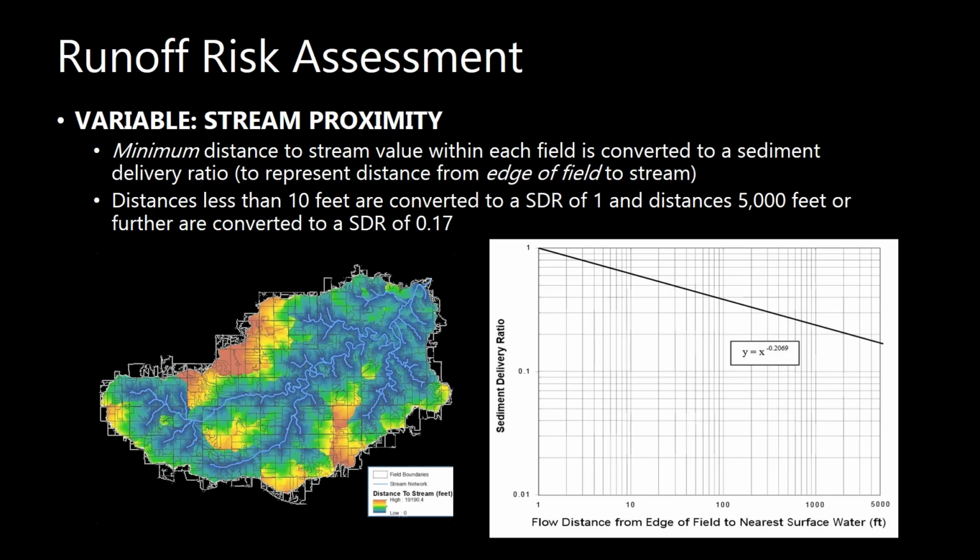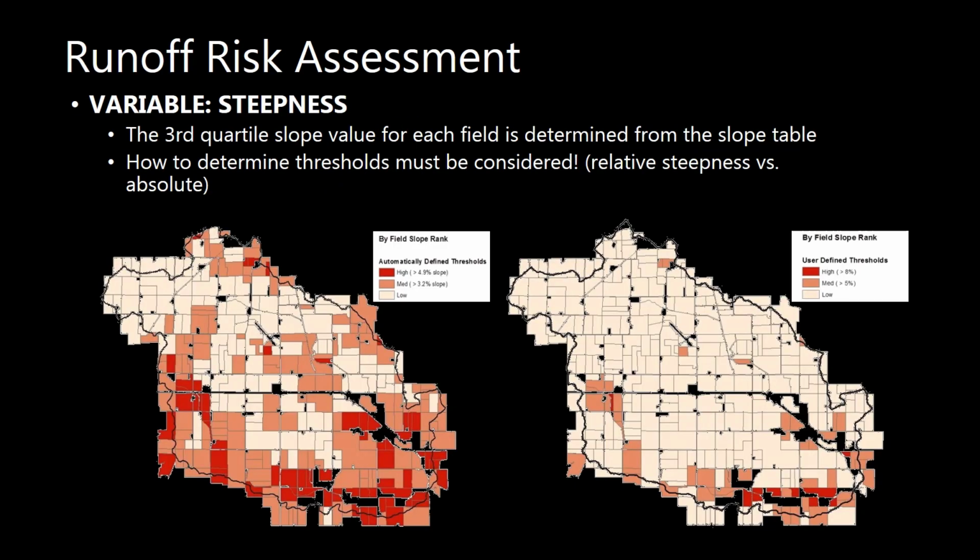If you were to set those breaks, you would definitely want to set them in between this range. If you set the high threshold value, that value to 1 means a high sediment delivery ratio. When you set the medium value, it is that medium to high value. Anything below that will be 0.17 to that medium value, and that'll be a low sediment delivery ratio since it's very far away from the stream. As I said before, you can just leave those blank and they will be automatically generated, broken down into that 20-40-40 split.